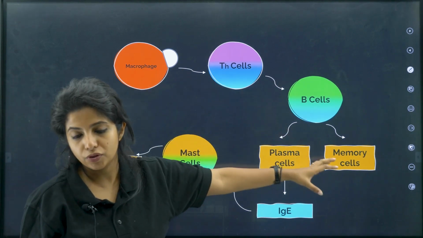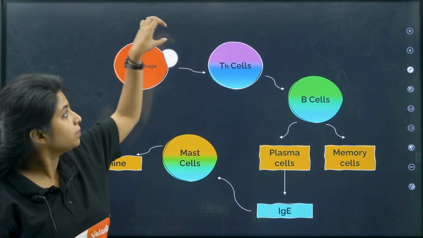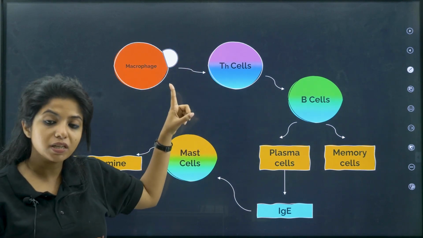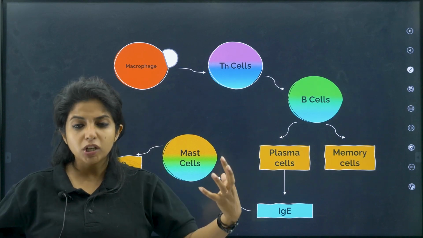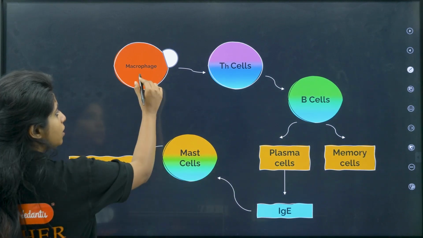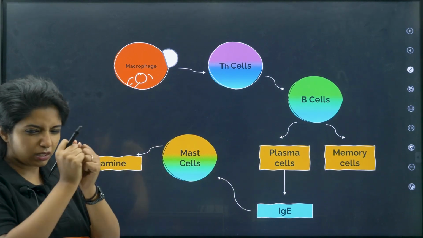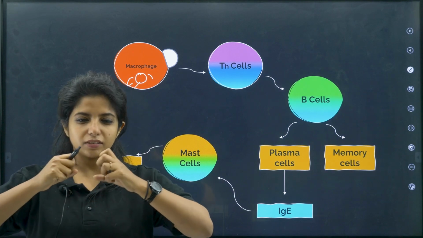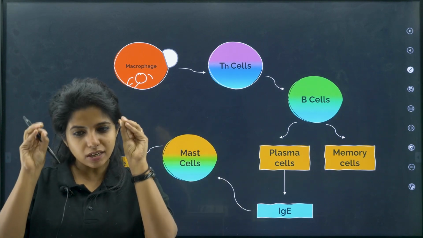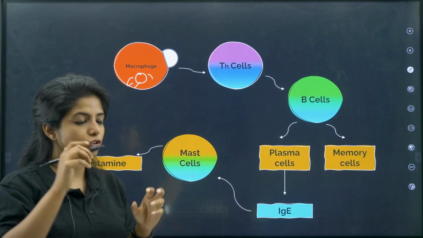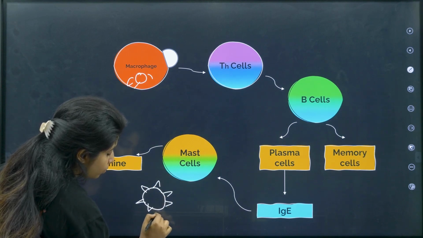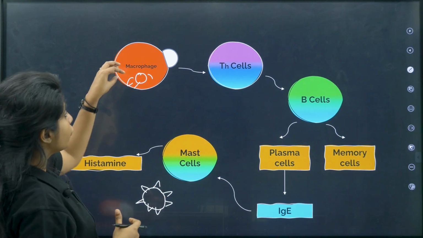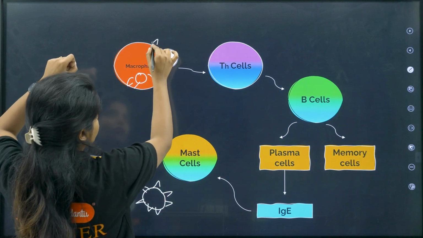So it is not a very direct procedure. When something comes inside our body, there will be one cell that comes first, primarily, that is the macrophage. The macrophage will come running, take the pathogen inside, kill it and show certain features of it, certain proteins. All the pathogens have certain proteins on them, and these proteins will be very foreign to us. So if this particular cell is showing this protein off, okay,